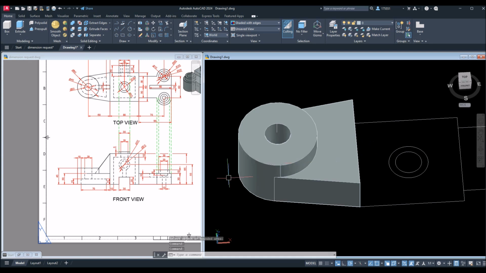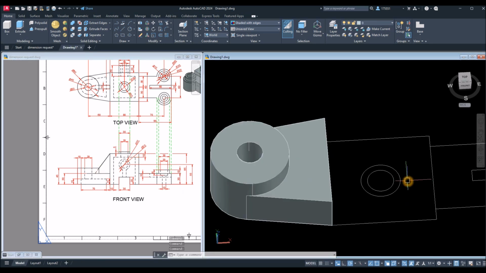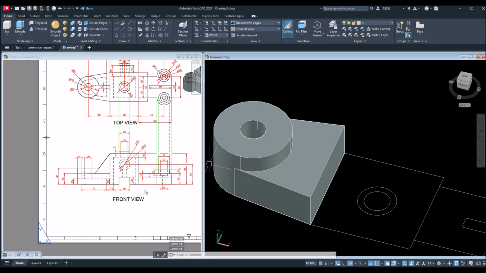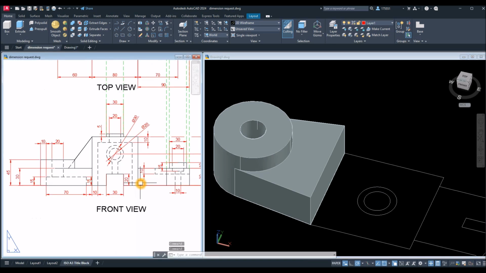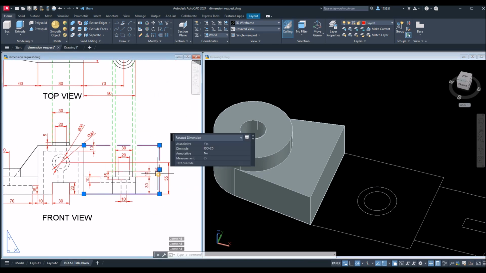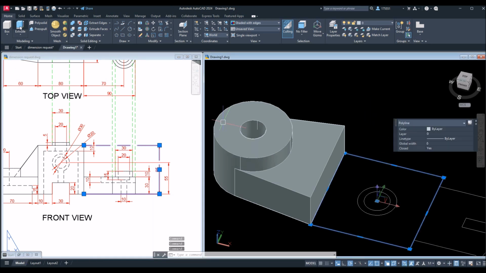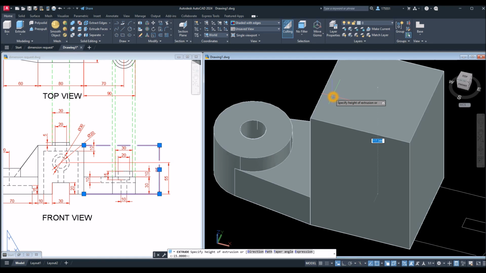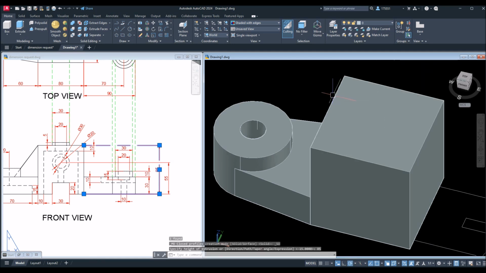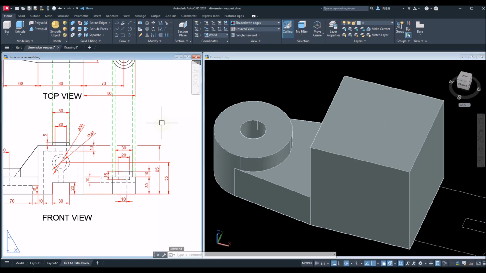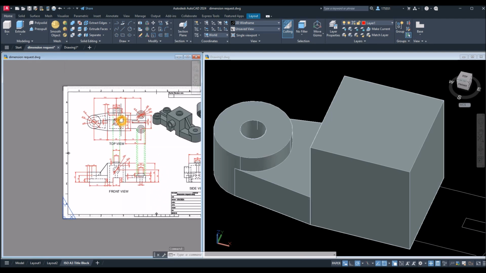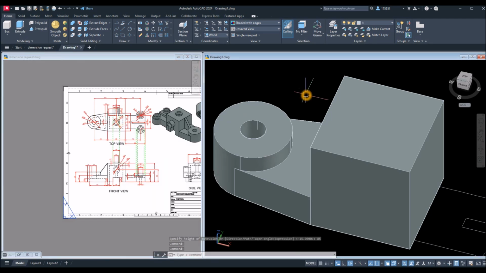So I'm done here except for the wedge. Anyway, so this one, the height is, let me check here, the height is 85. So I'm going to extrude this one for 85 units. And then looking from the top, I'm going to create a circle. See what happened if I turn on the